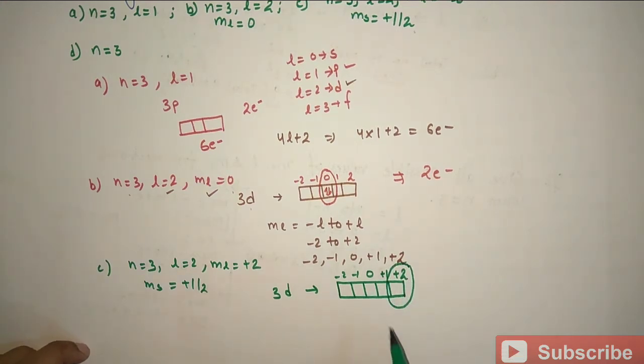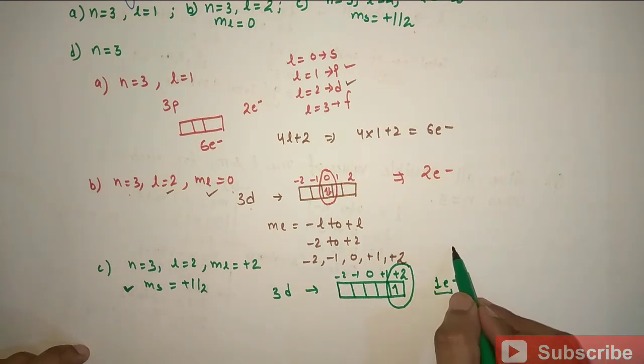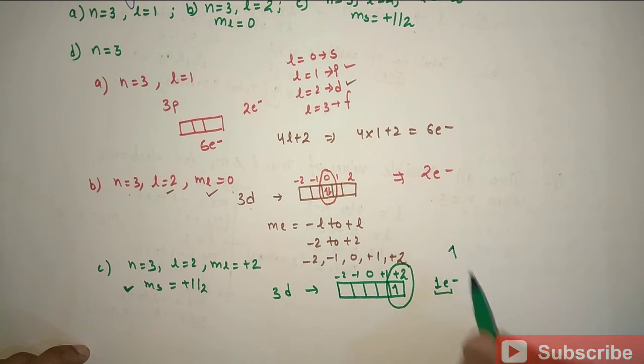So in this case also it is talking about a single orbital just like in the previous one, but here the question also mentions that the value of the spin quantum number is plus half. Now it only allows 1 electron in it, since ms is plus half, that is, it specifies that the electron is in the clockwise direction.